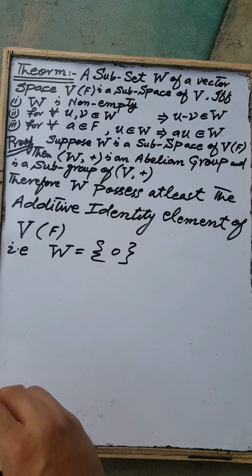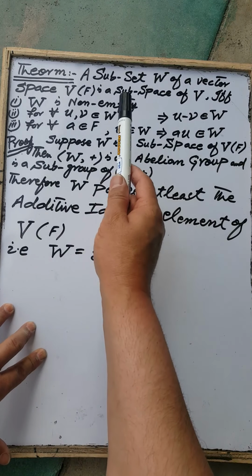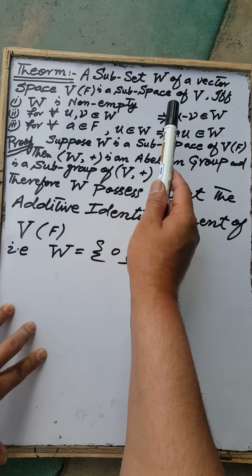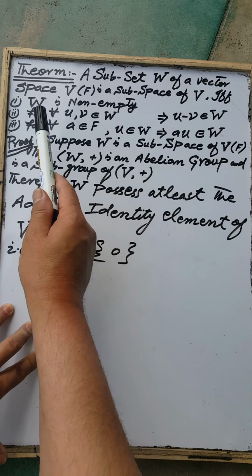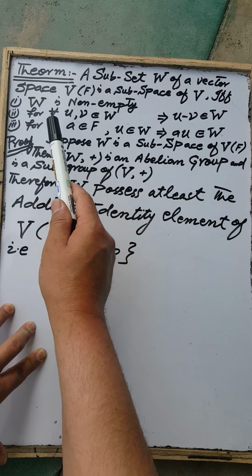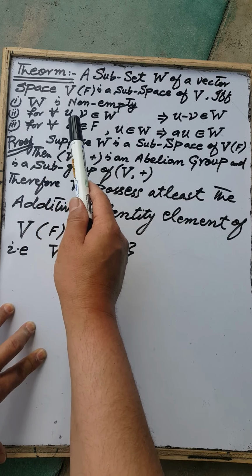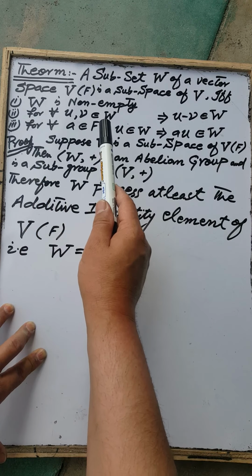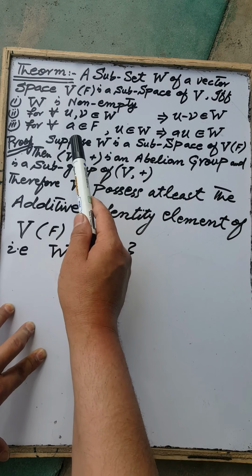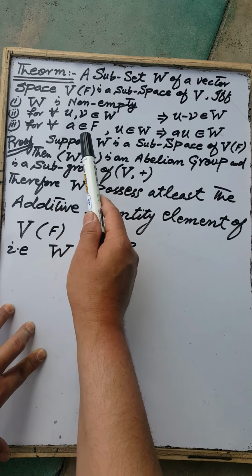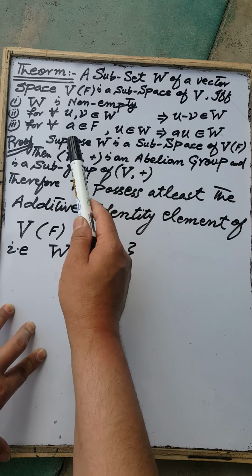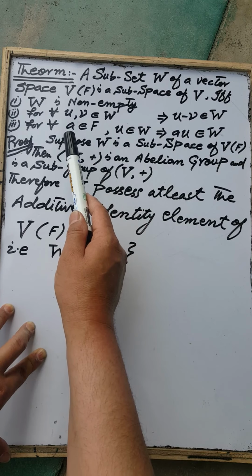Bismillahirrahmanirrahim. Now our next theorem: if W is a subset of a vector space V over the field F, then W is a subspace of V if and only if W is non-empty, and the second condition is satisfied: for each two elements U and V in W, U minus V is contained in W, and for each scalar A belonging to the field F and each element of W, the scalar multiplication of the scalar